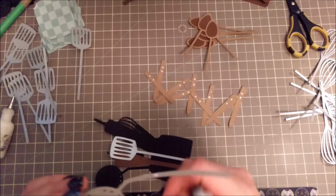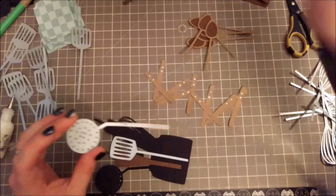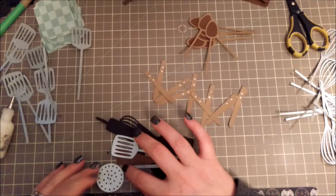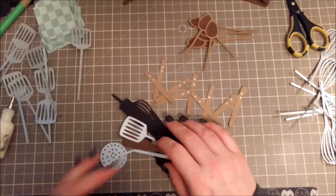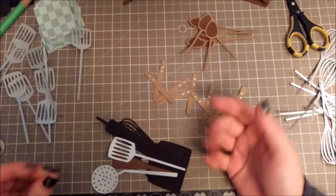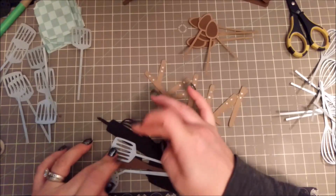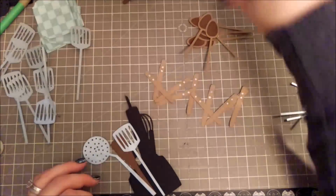Oh, one thing I was going to tell you guys. If you have the Tim Holtz ruler and you use Totally Awesome, do not clean your ruler with the Totally Awesome if you get it all gooped up. It will take your measurements off. I know that because in the last video when I was using my ruler to fold over, yeah, I ended up